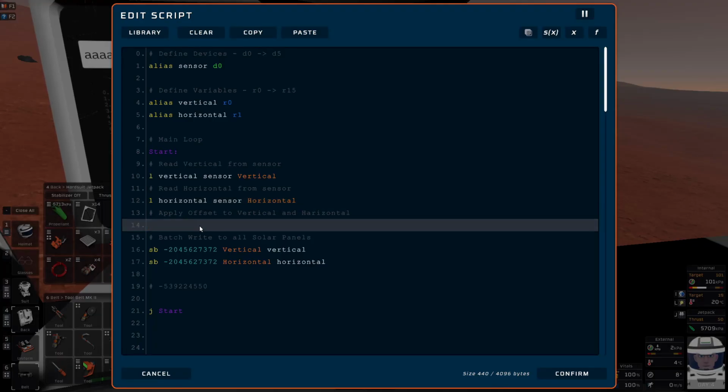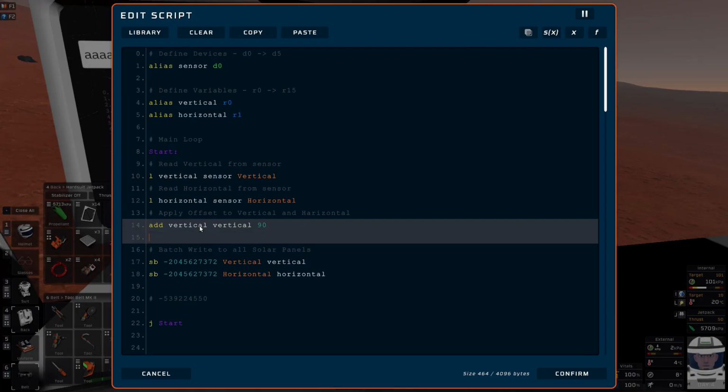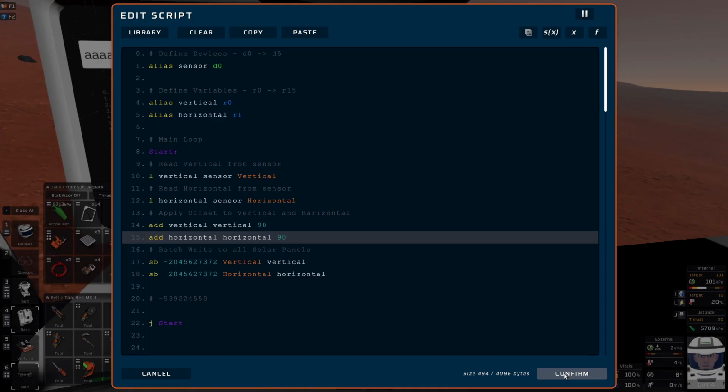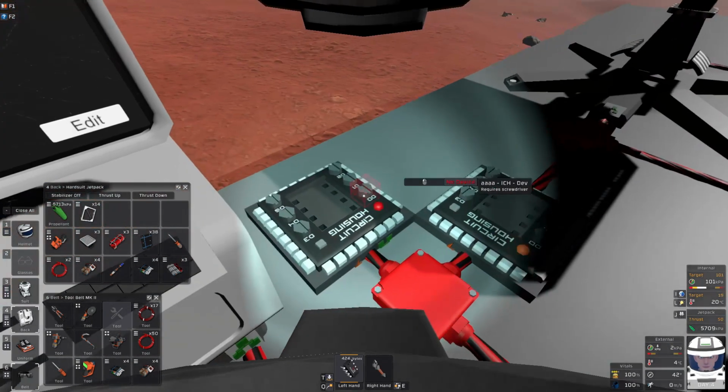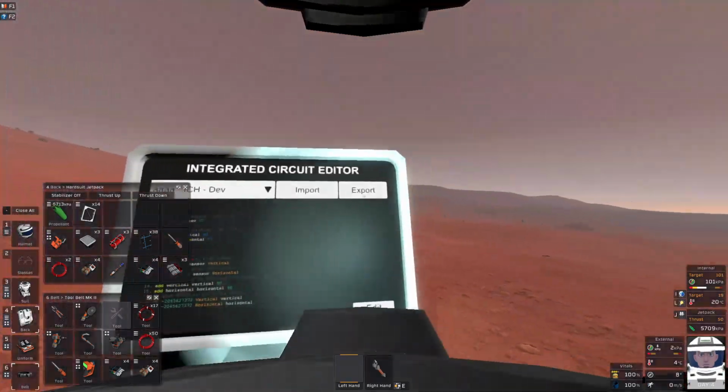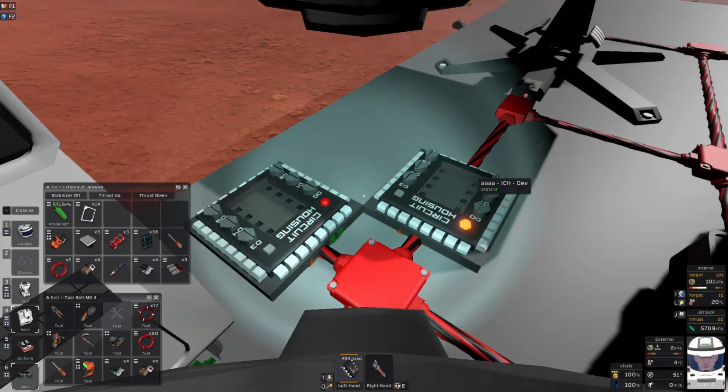Now, the reason I point everything to 90 degrees is that I already know the offset we need to add is 90. And we can do that by using the add command, right? So if we add vertical 90, add horizontal 90. So if we put that here, and we export it and put that back here,